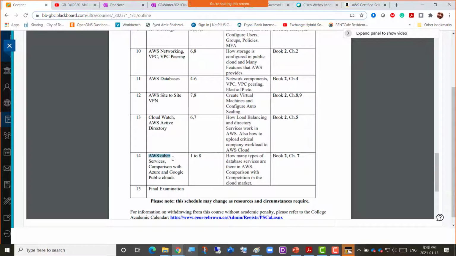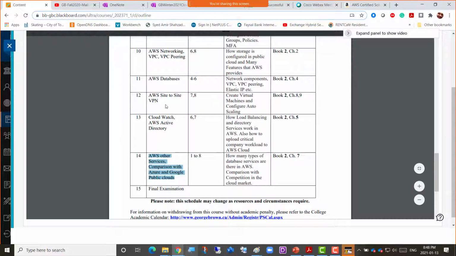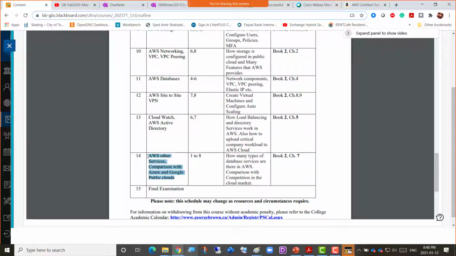Then there's AWS other services, and a comparison with Azure and Google Cloud providers. Since we would have gone through all these AWS services by now, which do come in the interview and in the exam as well, my suggestion is to take that certification as soon as possible, because that's really in demand in the market. But always remember that it's not just one certification that gets you the job. It's always a combination of skills and certifications that gives you the job, right? So we're going to compare that.